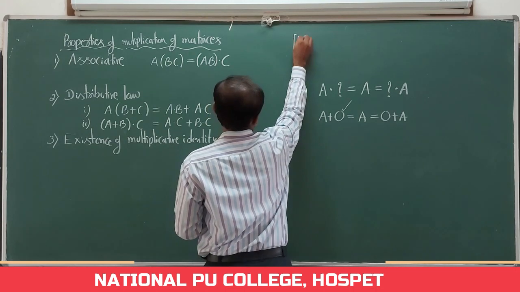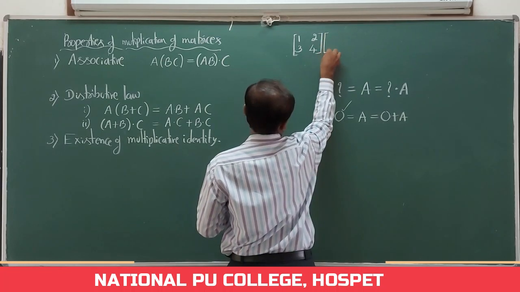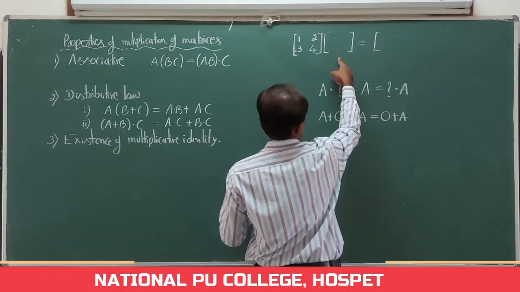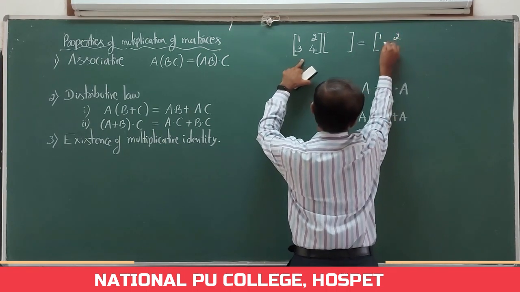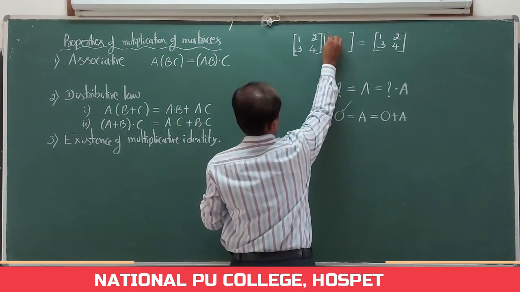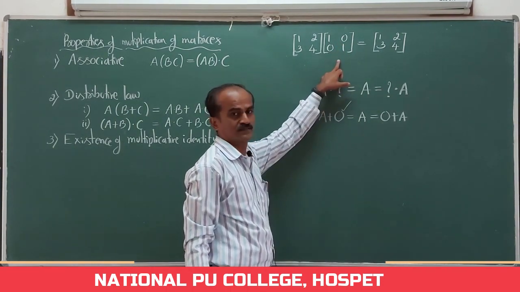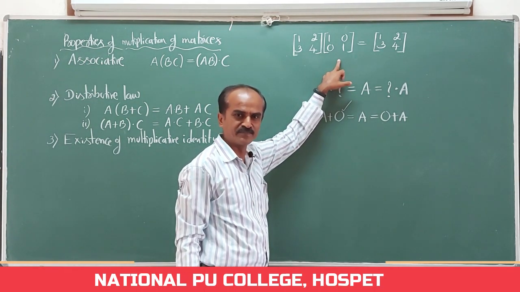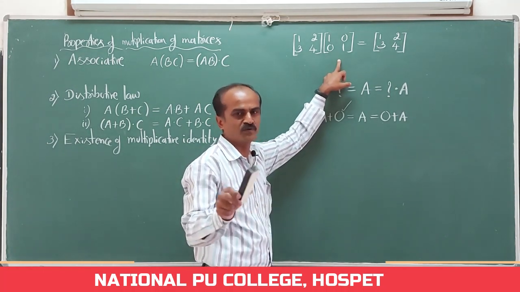Now let us consider an example. I took matrix A as 1, 2, 3, 4. I had to choose another matrix such that on multiplying these two, I get the same matrix A. That is, resulting matrix must be 1, 2, 3, 4 only. That matrix is 1, 0, 0, 1. Can you recognize this? This is unit matrix or identity matrix. How do we define identity matrix? It is basically a diagonal matrix in which each diagonal element must be equal to unity.